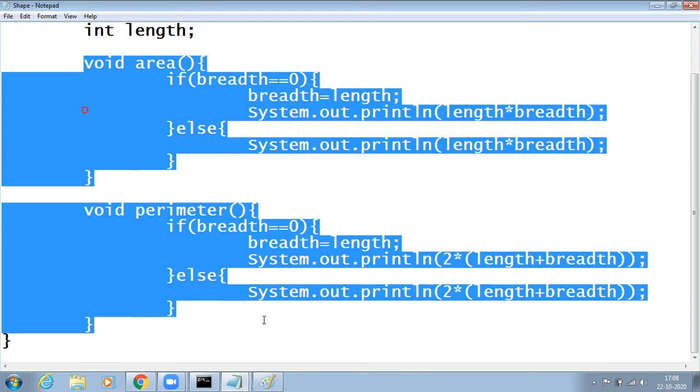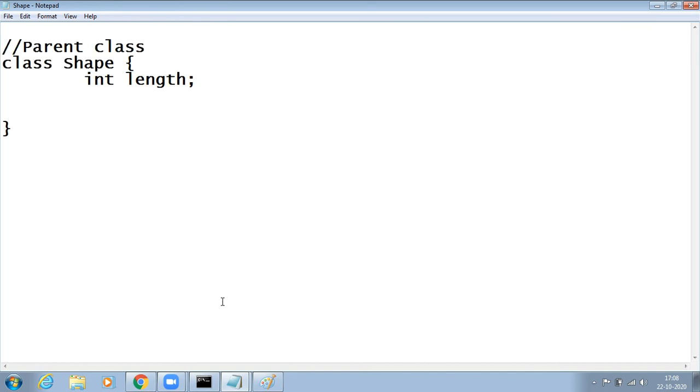I just try to remove these two things. Now my Shape class has a length property, and this property can be accessed by the different classes, or you can even keep length and breadth of a shape.